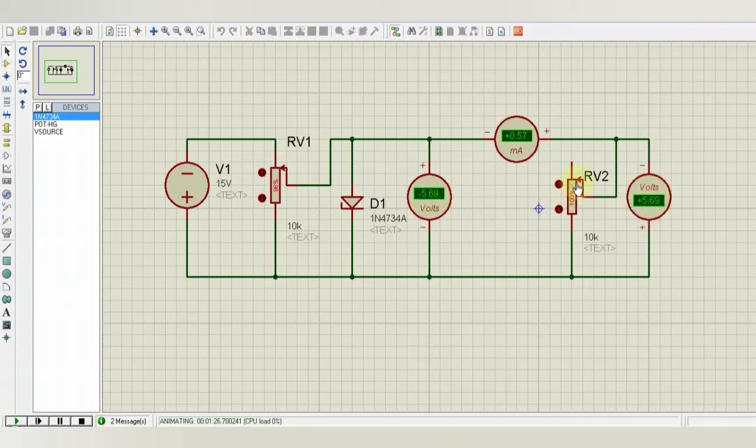Now as we vary the load, we will see the current increasing, and the load voltage remains fixed at initial points, but later it drops down, and we will note down these readings. Let us see that. Now I am gradually decreasing the load, and you can see as I decrease the load, the current is increasing, but the load voltage is constant.